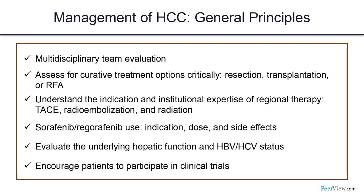As you can see from the map that I just showed beforehand, this is a multidisciplinary team approach. This is not really one specialty that can handle specifically liver cancer. It has to be addressed by the different expertise, being a surgeon, interventional radiologist, hepatologist, medical oncologist, and the likes. Number two is it's very important to assess the curative possibility for the disease, being a resection or a transplant